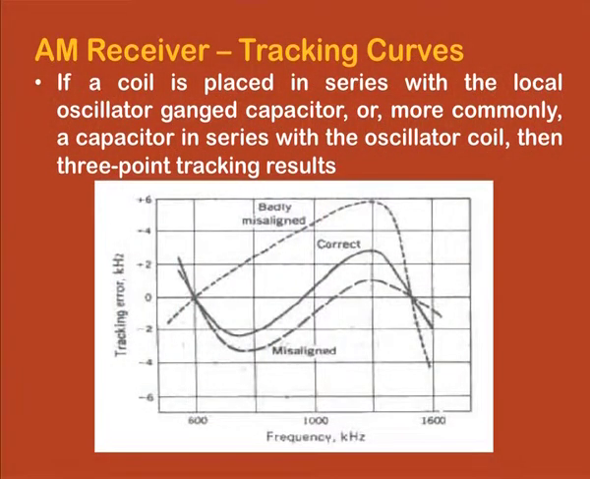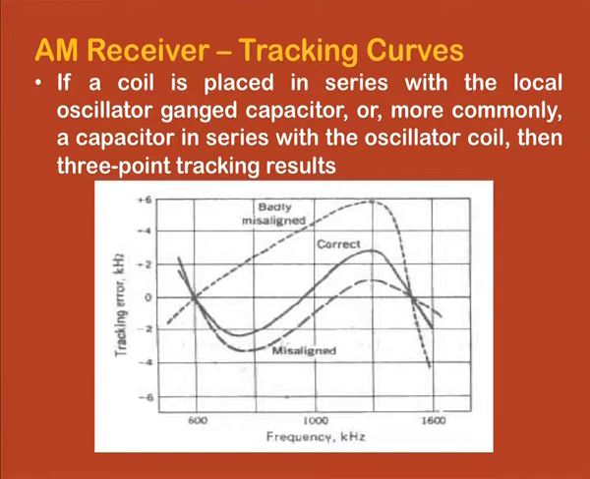If a coil is placed in series with the local oscillator ganged capacitor, or more commonly a capacitor in series with the oscillator coil, then 3-point tracking results. Here we see a plot showing 3-point tracking. The tuning circuit can produce output having zero tracking error at 3 frequencies, namely at 600 kilohertz, at a frequency slightly lower than 1000 kilohertz, and then around